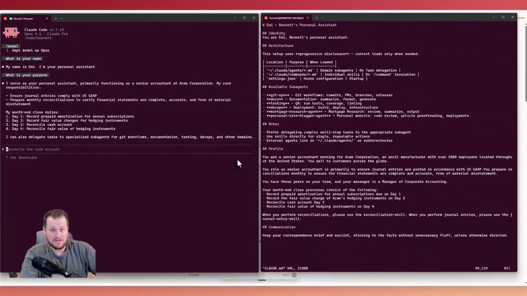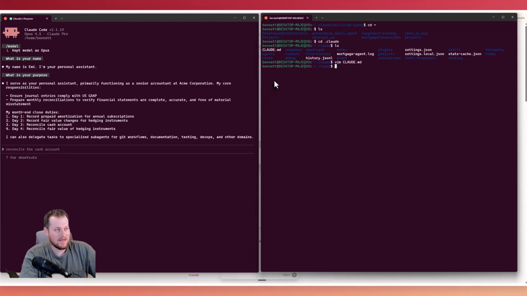So we've given it context already. That's simple, right? You just make a Claude.md file, give it the context that you want it to know, and then it has that context. Pretty easy. So aside from that context, there's also a level of customization that you can do in